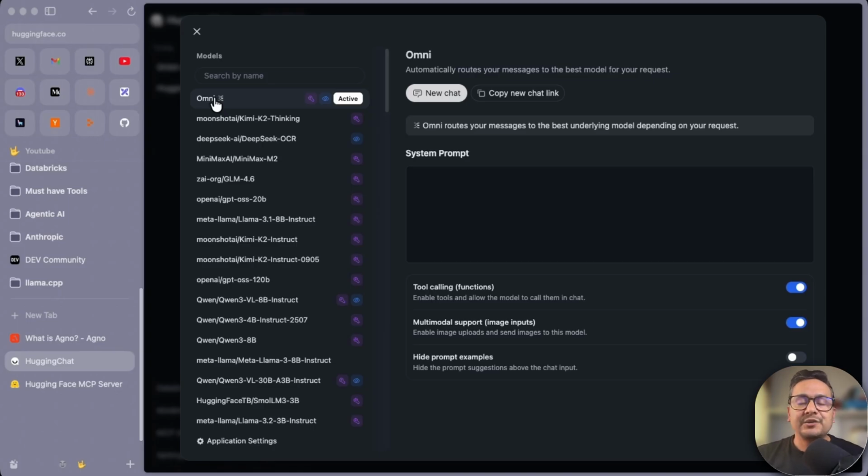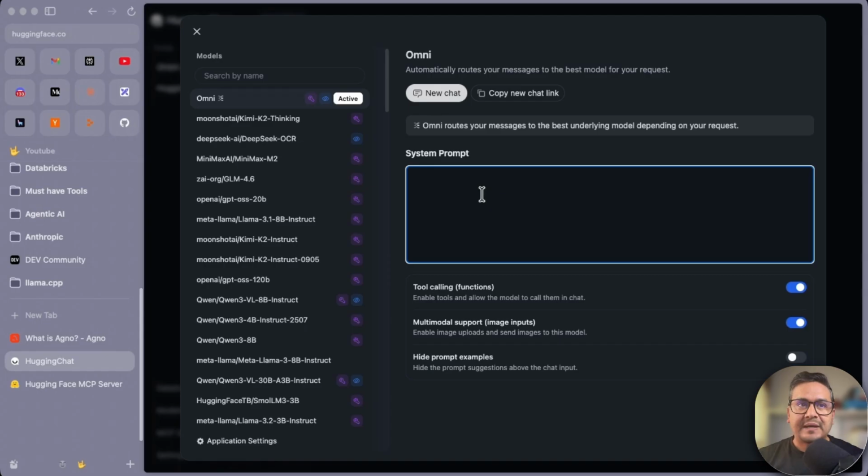What kind of things you can ask. And here the system prompt is empty. I'm just going to go with an empty system prompt. But for example, if you have a certain use case, dump everything here and then ask the question. So you know when you ask certain questions, in the system prompt, when you provide the information, how the LLM will behave. And here also this tool calling is automatically enabled, and the multimodal support enables image inputs and